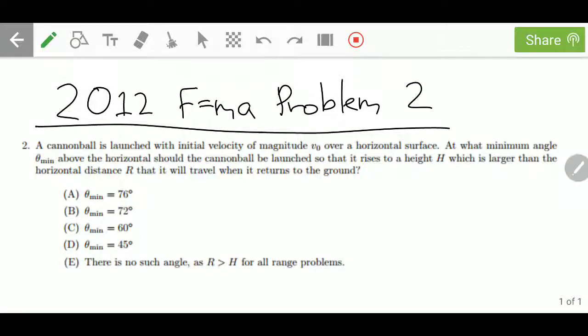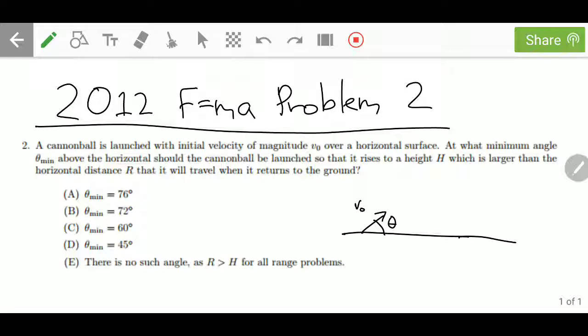Hello. In this video, I'm going to be explaining problem 2 from the 2012 F equals MA contest. In this problem, we have a pretty classic projectile motion problem. So we have a cannonball launched with initial velocity v0 over a horizontal surface,